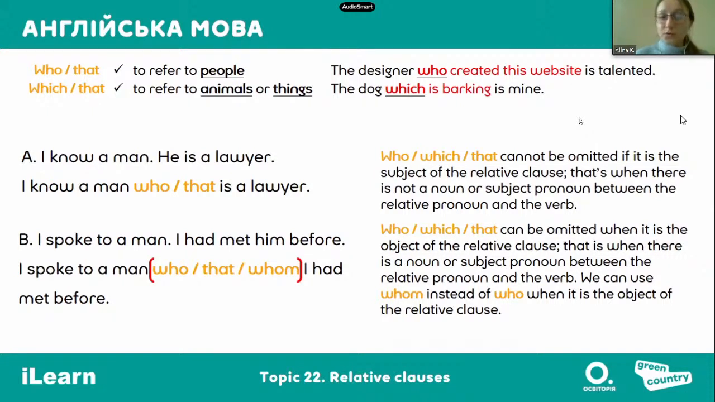For example, I spoke to a man I had met before. In the first example, that is not possible. I know a man who is a lawyer. We cannot omit who. As you may see, we can use whom instead of who when it is the